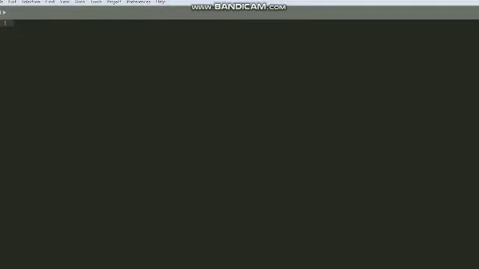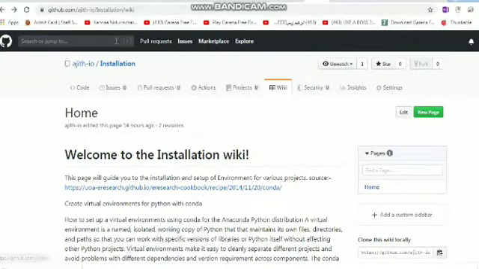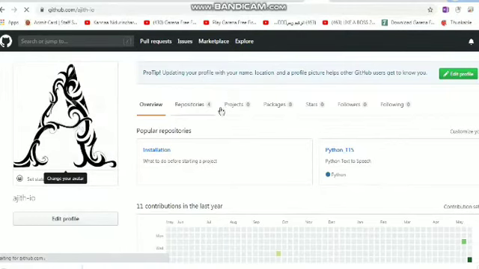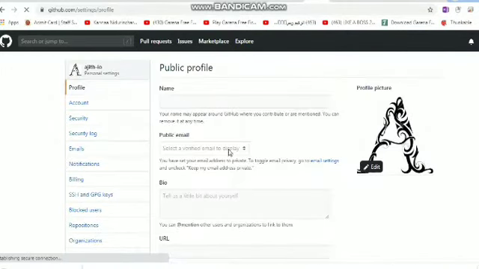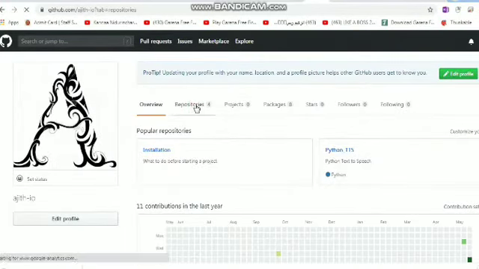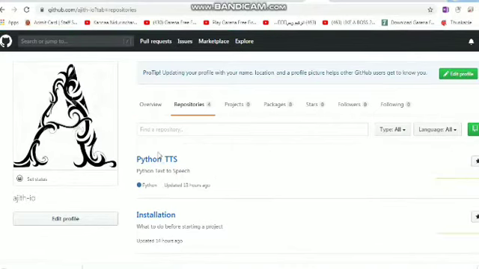For the Python code, go to my GitHub, my pytts repository.